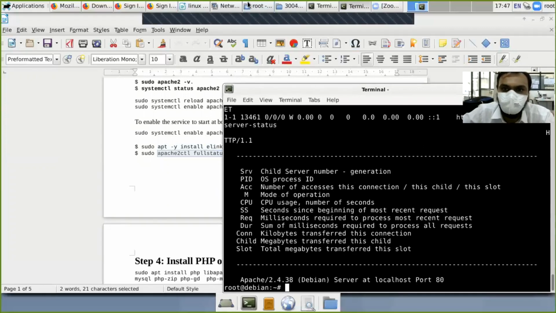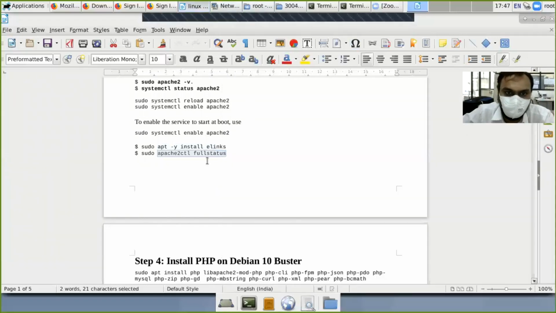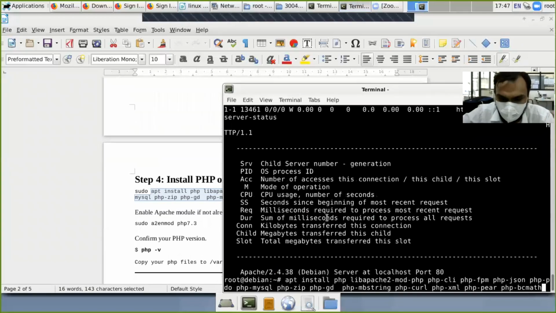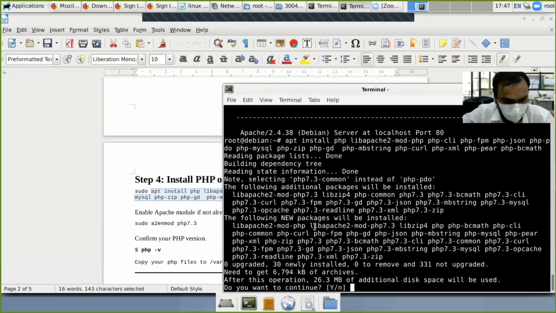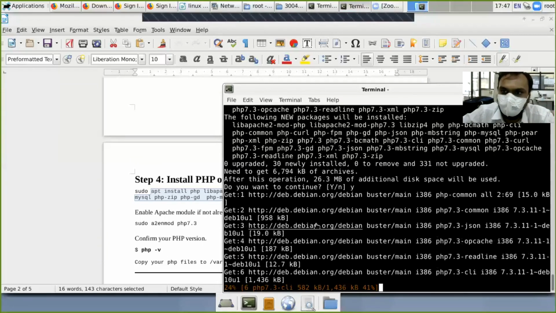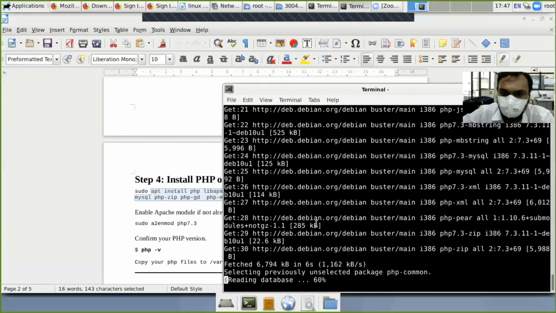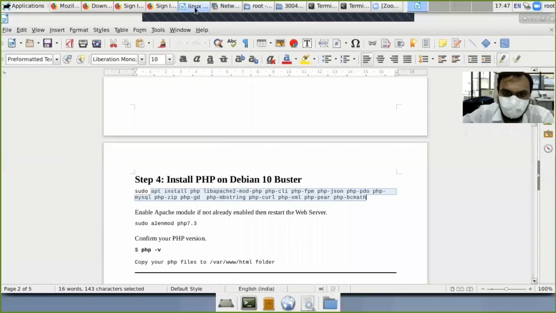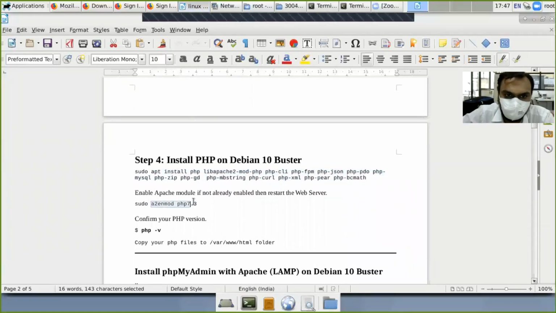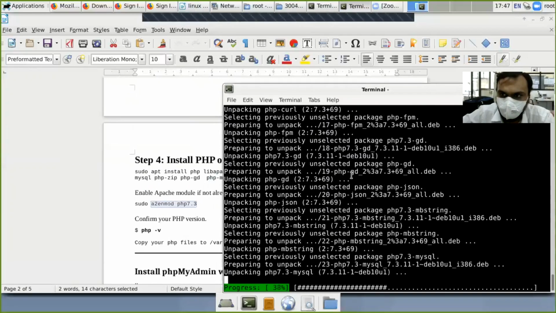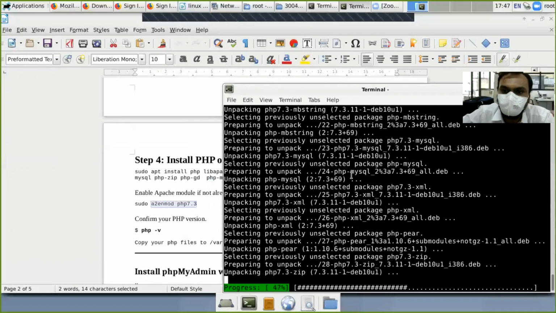You have already installed the MariaDB database and the Apache server that will deal with the requests, and now the PHP language. Whatever functionality you want, you write in PHP, and the Apache server will help with that. I have installed the different PHP packages, so it will take some time. You can enable the Apache module. Just follow the steps given in this SOP in the description.